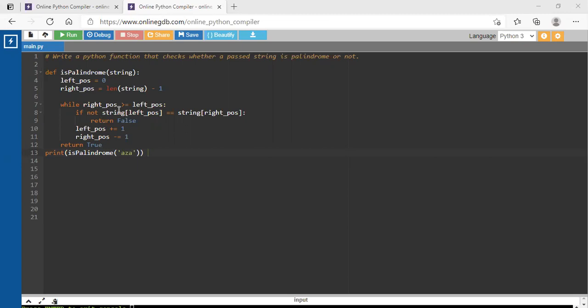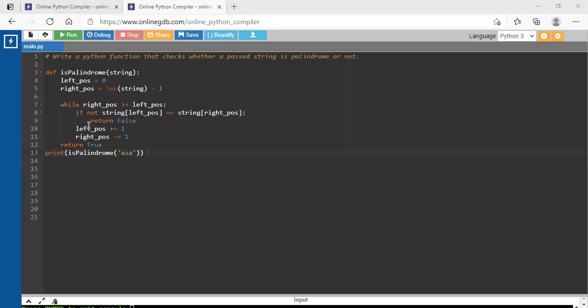So while right position is greater than left, if not, means अगर नहीं है वो string left position के string right position के equal नहीं है, simply return false करोगे. It means it is not a palindrome. Otherwise आप उसके index को 1 1 increase कर दोगे. Okay. लेफ्ट को इंक्रीज करोगे एंड राइट को आप डिक्रीज करोगे. So in this way you can do that.